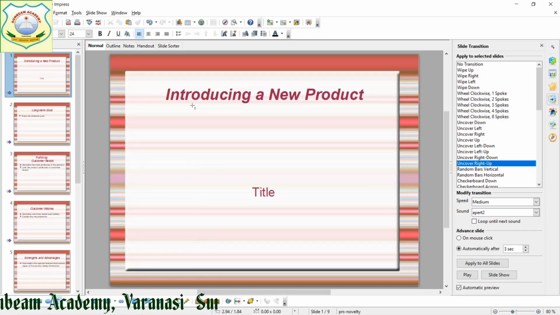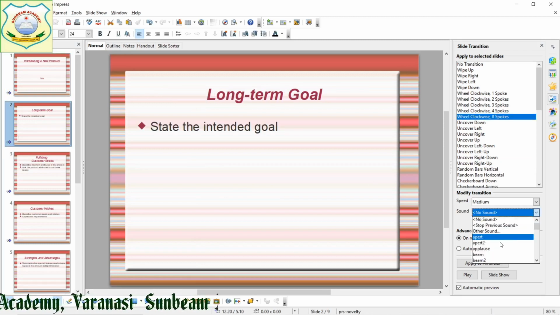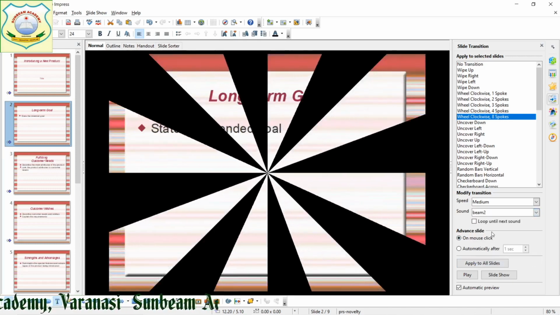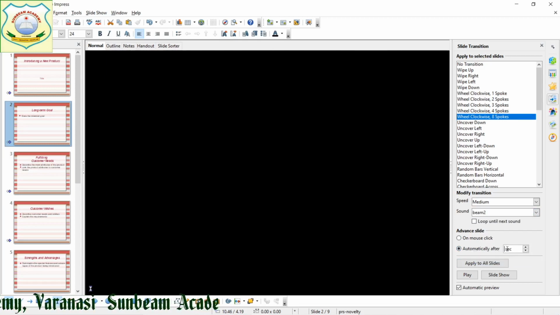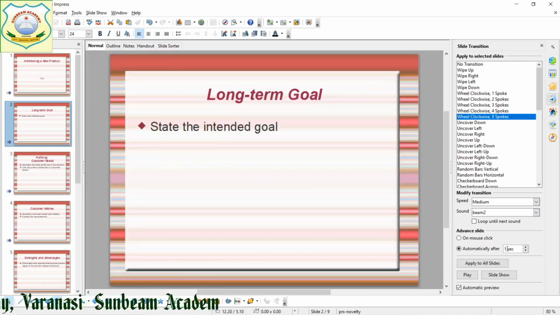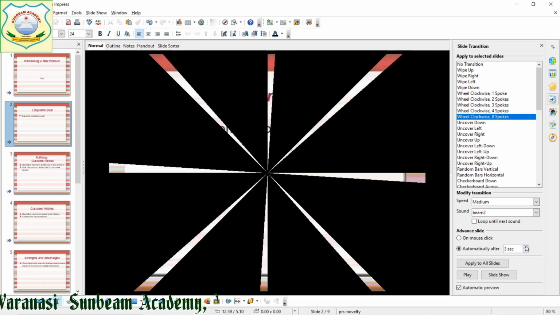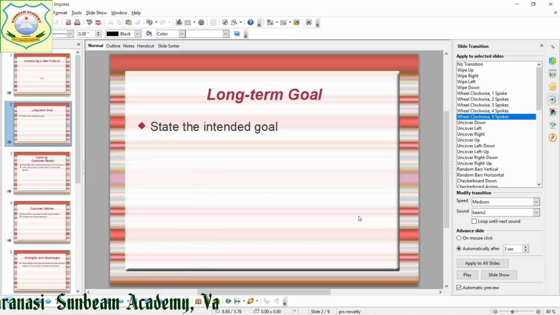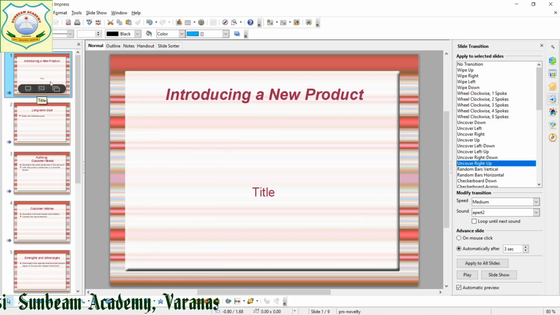So this was for the first. For the second, I am going to give this sound. Then after 3 seconds, now you can see, I am starting from 1.